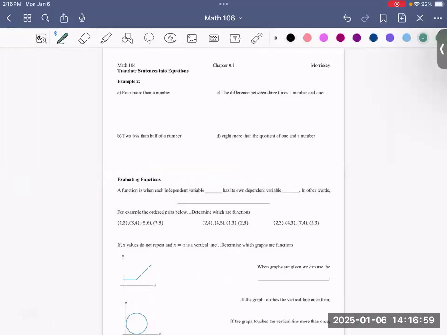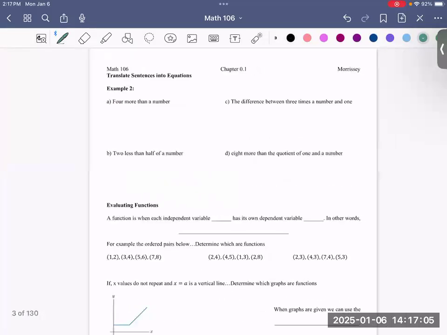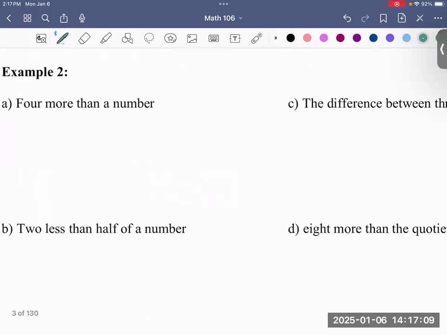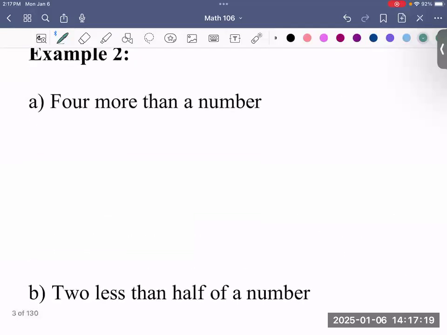Now let's talk about translating sentences into equations. So this should say example 3. Oh, well. So what we're going to work on is just picking out what we know. So if this is something that's hard, just figure out, okay, well, what do we have, right? Well, it says 4 more than a number. Well, 4, that translates easy, just the number 4. More than